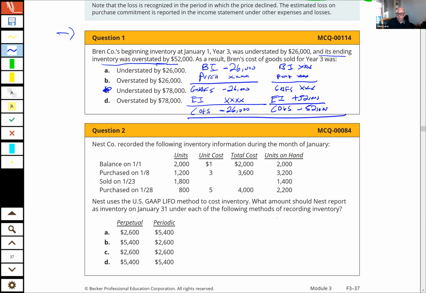Question? Professor, sorry, how did you get minus 52,000 in COGS? Could you please explain that again? Yeah,